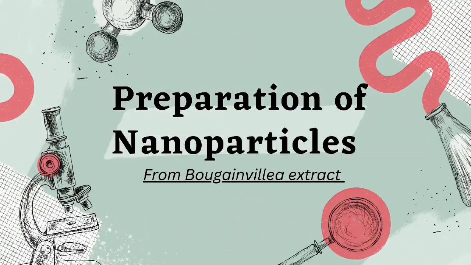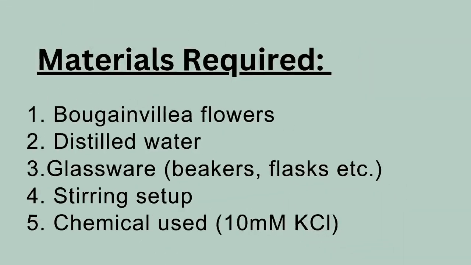Today we are performing the experiment on extraction of nanoparticles from bougainvillea extract using a magnetic stirrer. For this we are using the top-down approach. Materials required are magnetic stirrer, filter paper grade 1, funnel, measuring cylinder, beaker, pH meter, burette, sieve, KCl solution and